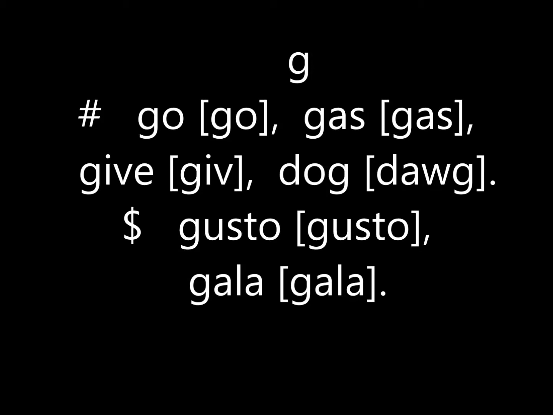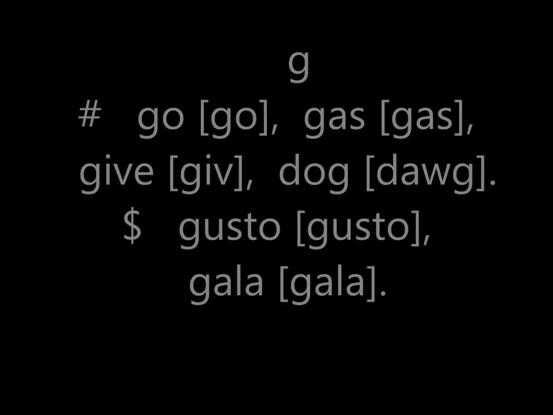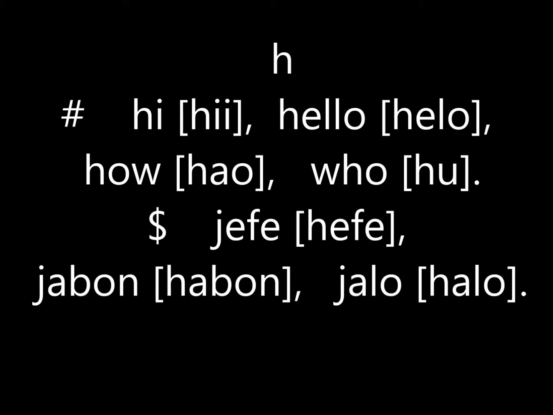The H sound in English and in Spanish is different because in Spanish the H is silent, but in English and in engspan we're going to use the English sound of H, which is ha. So, for example, in English words like hi, hello, how, who. This sound in Spanish is often spelled with a J, but in engspan is going to be spelled with an H. Words like jefe, jabón,